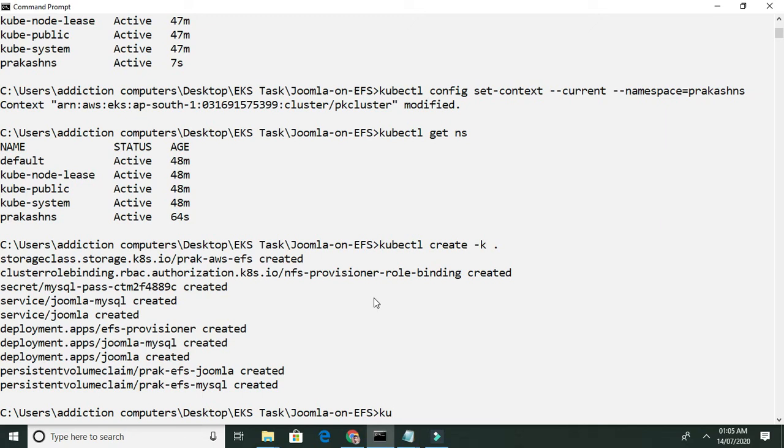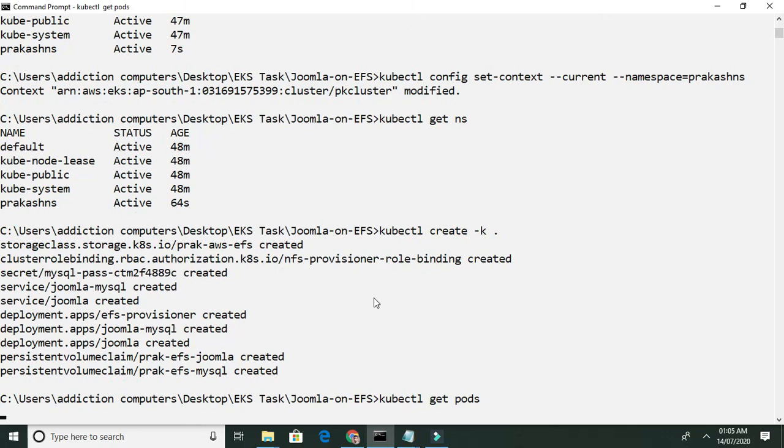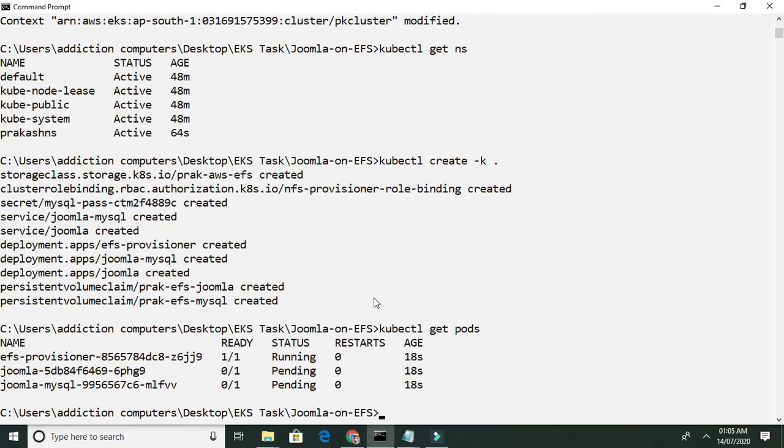So you can see all created. Okay, storage class created, cluster role binding, secret, service, deployment, persistent volume claim, all are created. Now I'm checking whether the pod is created or not. You can see EFS provisioner pod is running, so it's created, and the rest are pending because they are fetching the image or downloading the image from internet, so it will take some time to download. Okay,